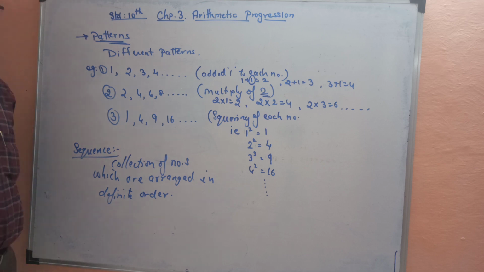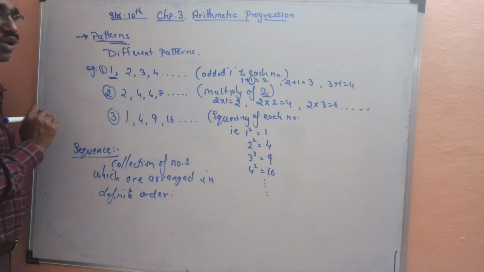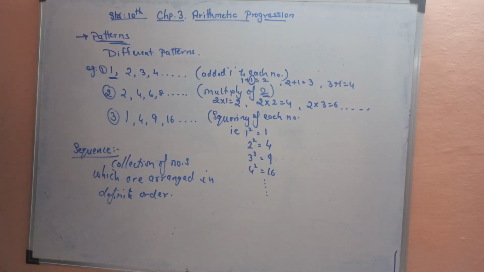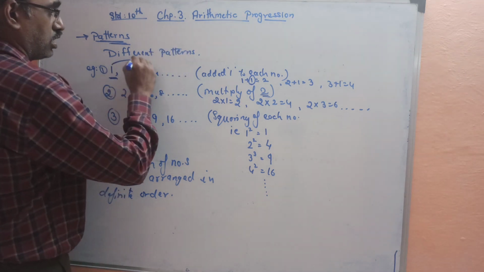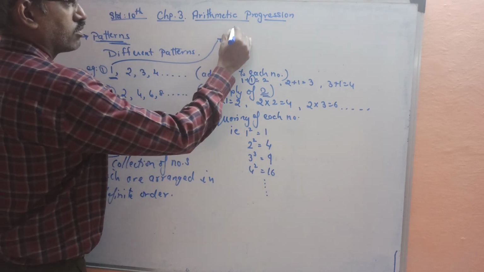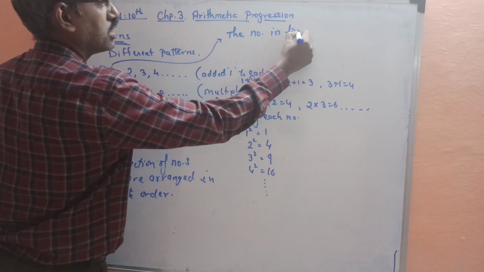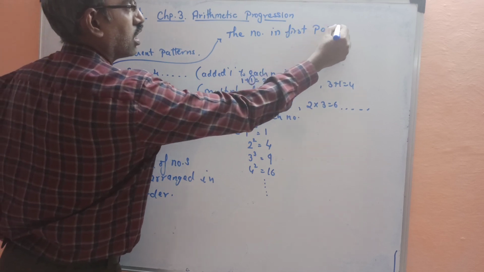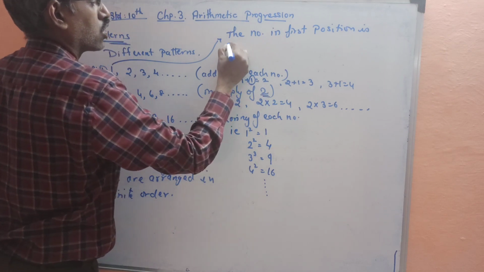The next thing after this is what this first thing is called. It is called a term. The number in the first place of any sequence. So I'll write over here: the number in first place, first position, is called